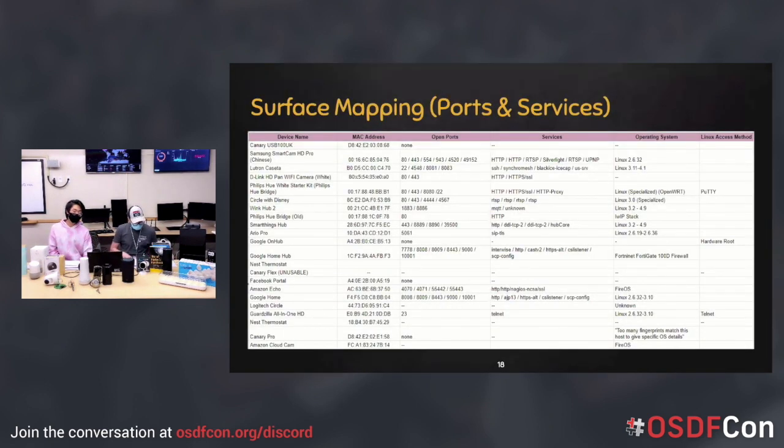And then this is just another Google sheet of more attack surface mapping. This was on the same sheet that we showed you earlier, but at least for this one, this gives us information on ports and services, as well as the Linux distribution or the Linux version that it's running. So again, it makes our job a lot easier to know exactly what's going on with the device before we